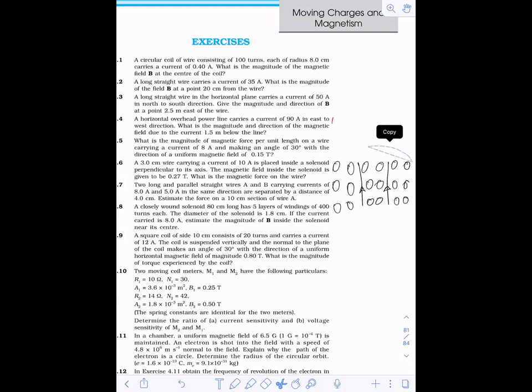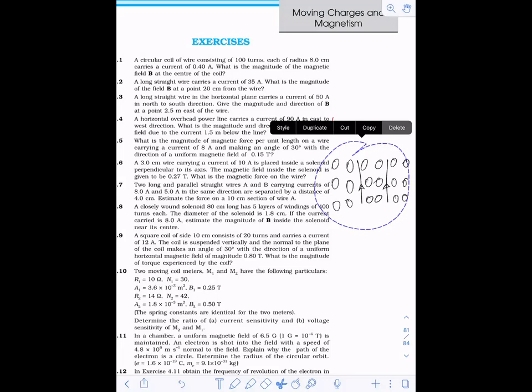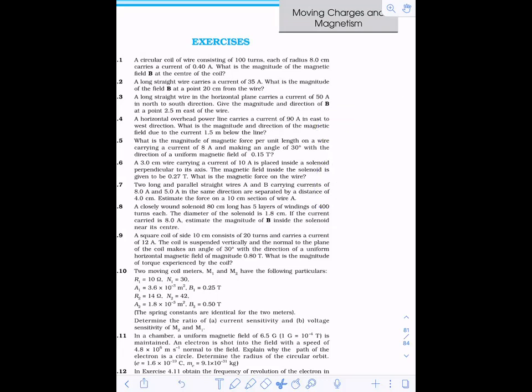Fine. So if you see this question now, I can use the direct relation, because there is no point of deriving over here. So force either on 1 due to 2 I write, or force on 2 due to 1 I write. Any force if I write, force on 1 due to 2 or force on 2 due to 1, the value will be what? What will be the value?